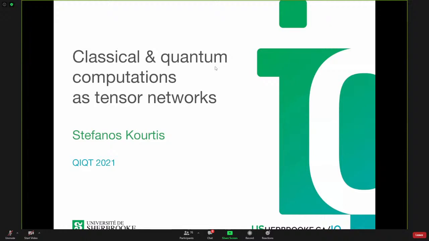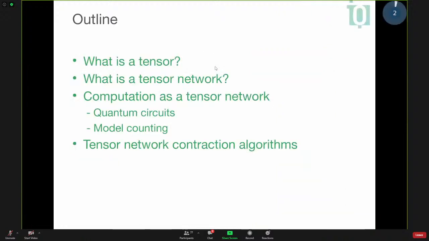So let me begin with an overview of what I will show you. I will start with the basics so that everybody's on the same page. So we'll start by discussing what is really a tensor. Then I will introduce tensor networks. I will give pictorial examples, and most of this presentation will be simple, but I will point to interesting references along the way. So whoever is interested to go into more depth can follow these references.